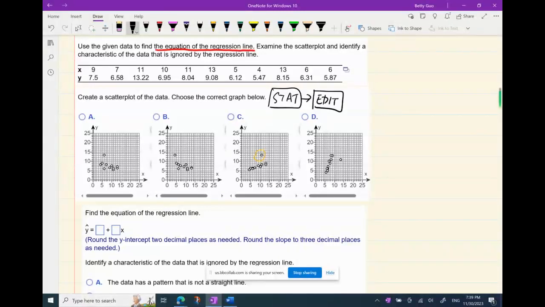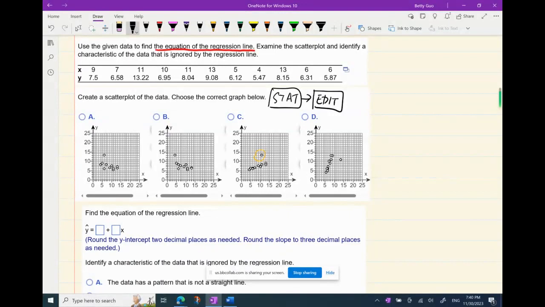If you have some history data, you want to use that line, you can clear them. I always use L1, L2, then later I don't have to change anything. So I would clear the first two lists. I'm going to enter those values for x in the first list. So I have 9, enter, 7, enter, 11, enter, 10,